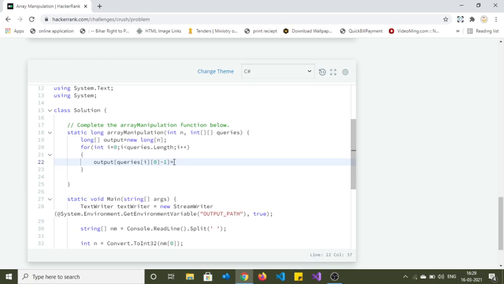Because the index given is 1 based, we want a 0 based index.